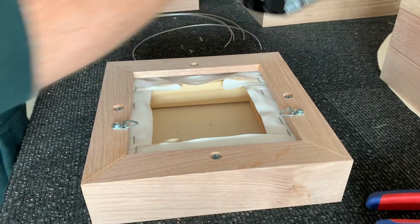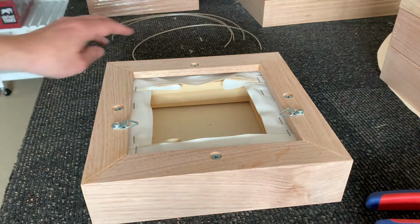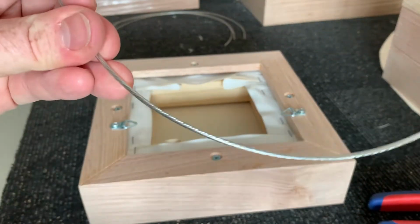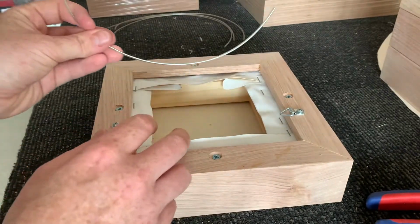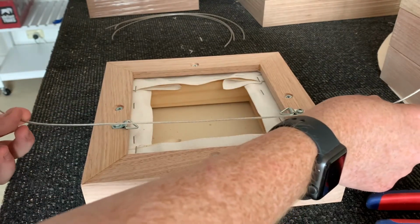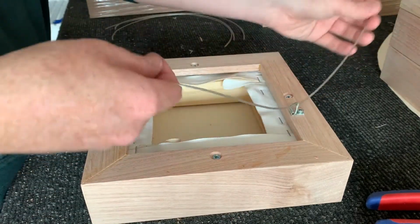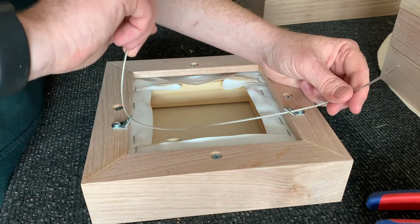Okay, so now that both of our screws are in place, we're going to grab a bit of the coated wire. So this is it here. So yeah, it's just a wire coated in like a rubberized plastic, and we cut it so that we have about 3 or 4 inches of spare wire either side, because basically what we're going to do is as follows. So we're going to thread the wire through both of the rings so that it's centered,